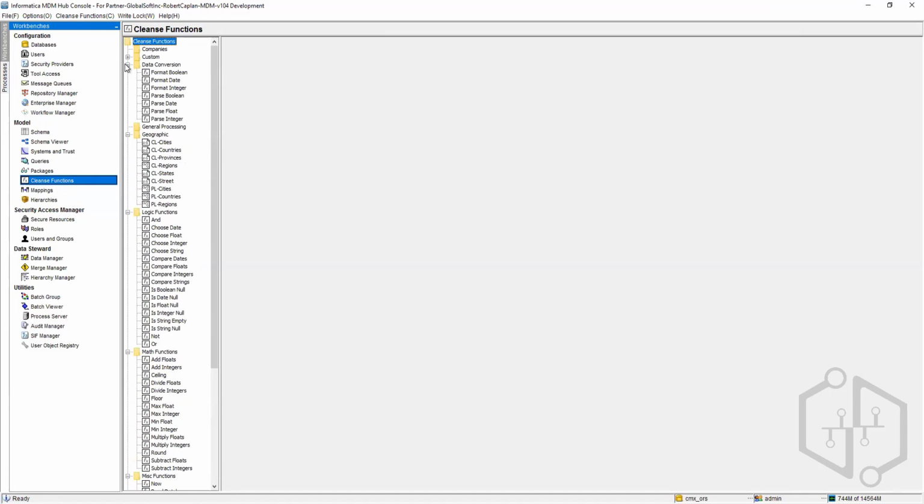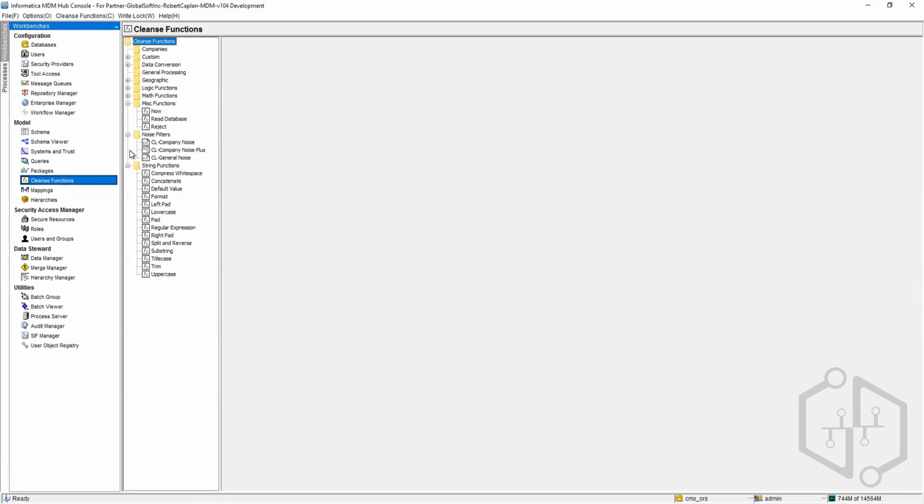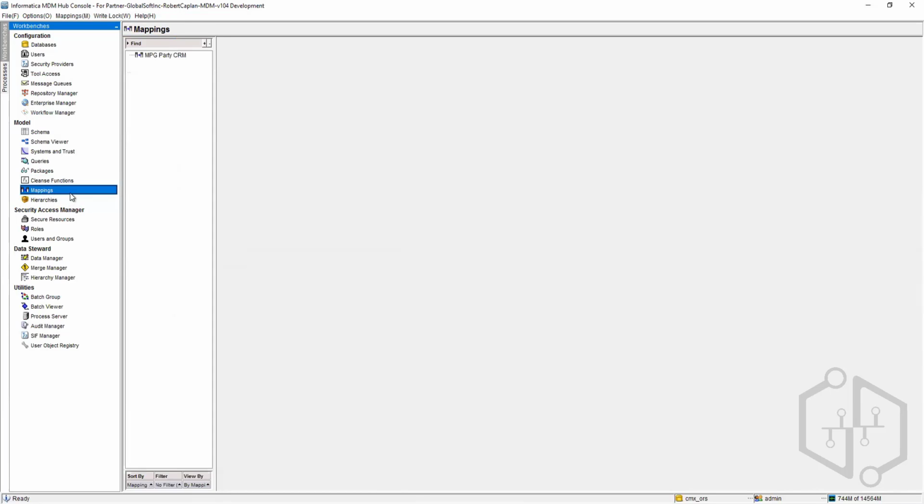Okay. So custom is something which I have just created for few things, nothing much. Okay. So all these are cleanse functions which are given by Informatica. Now going into the mappings, as I stated, mappings are utilized to link the landing and staging table. So now when we say link the mapping and staging,